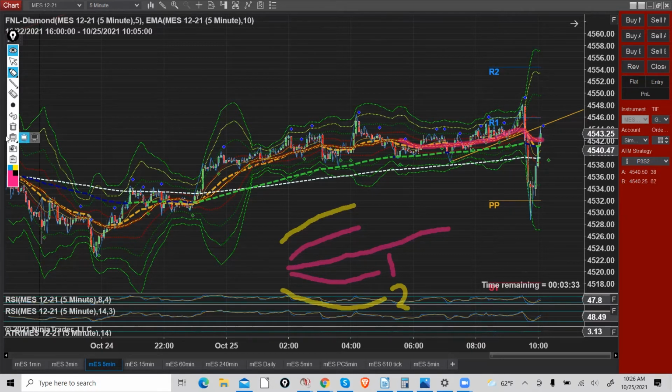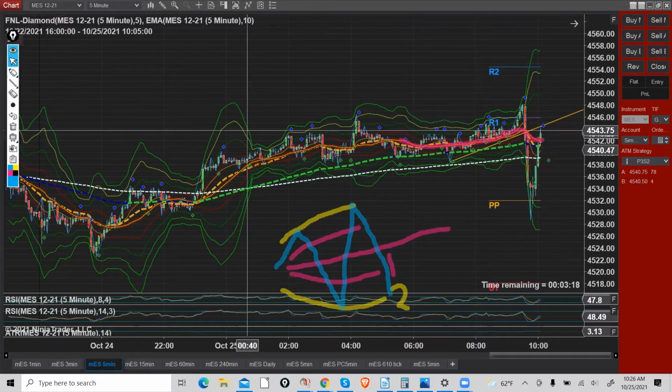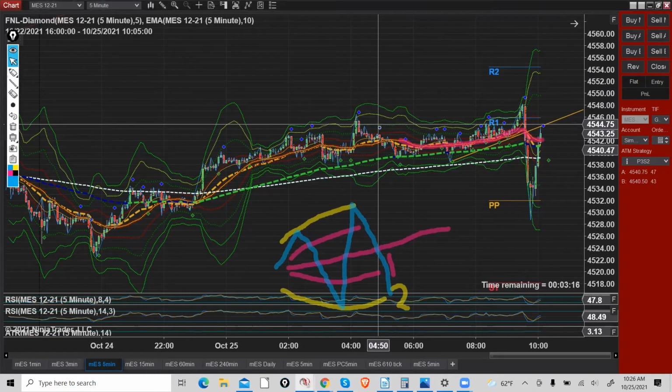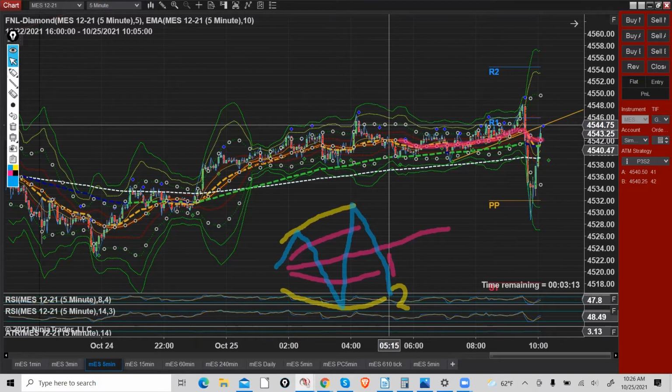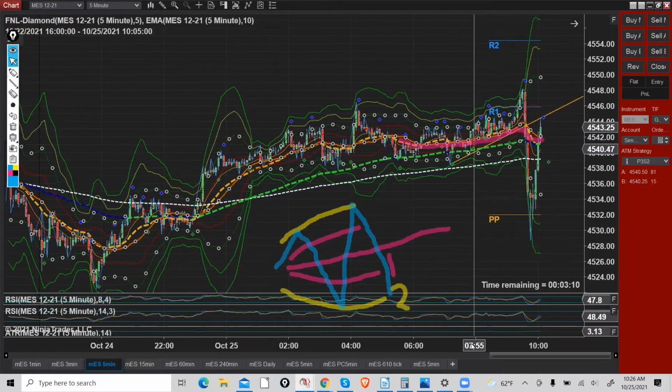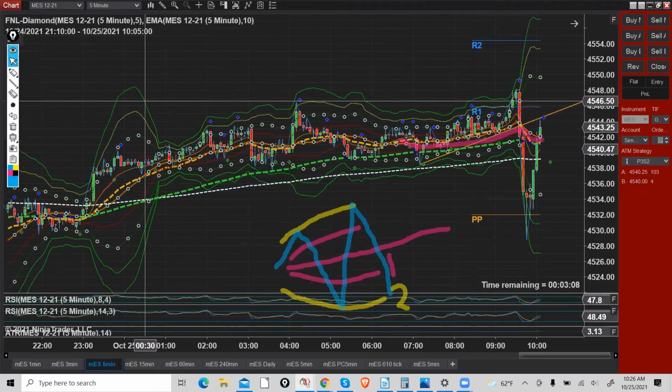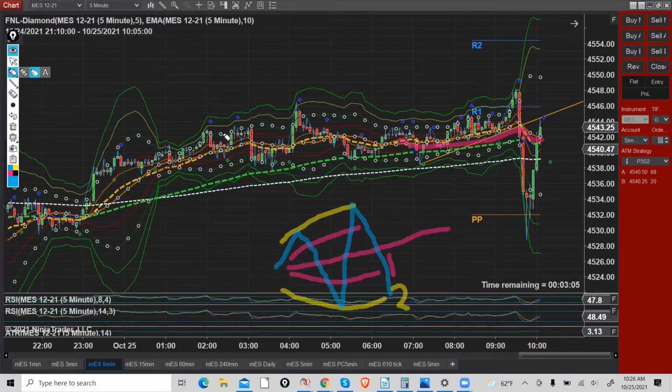So common tendencies. One thing I like to see is that the market will cross all the way from one 2 sigma line all the way down to the other one and create a channel between the 2 sigma lines. That's a common tendency that if I click on the market, I can almost guarantee you'll see at least a little period of time where we've been between the outside dots. If I expand it a little bit, it's very common to see the market bounce between the two sigma lines, meaning this line right here